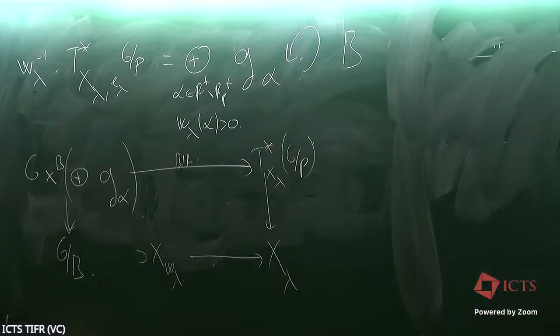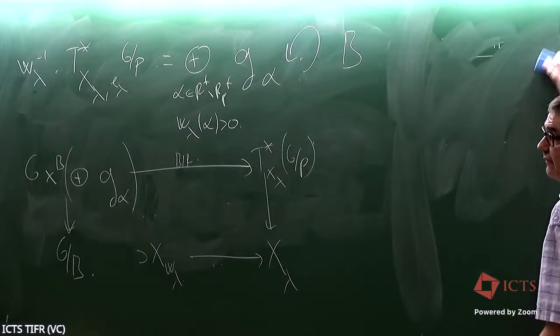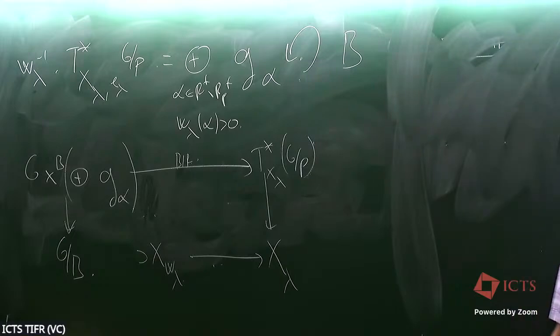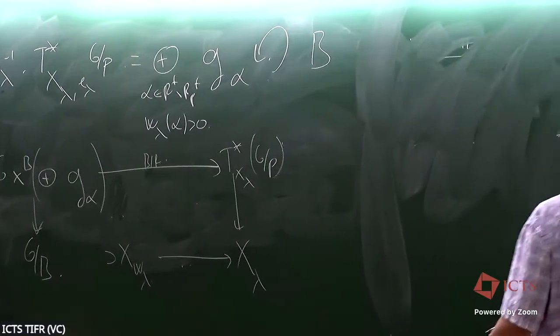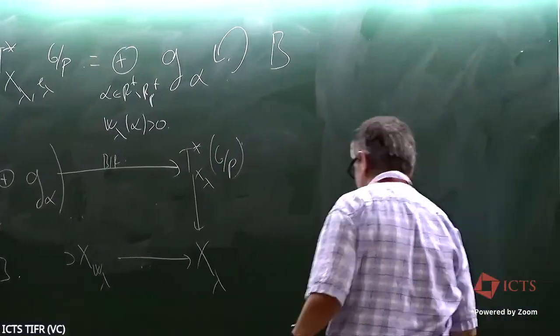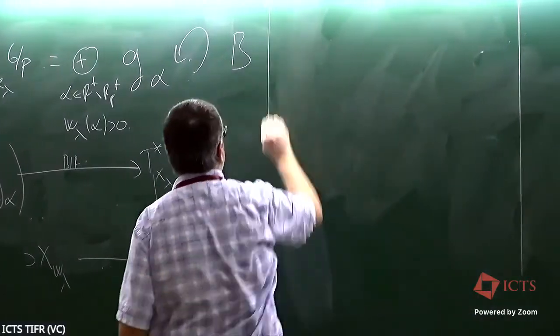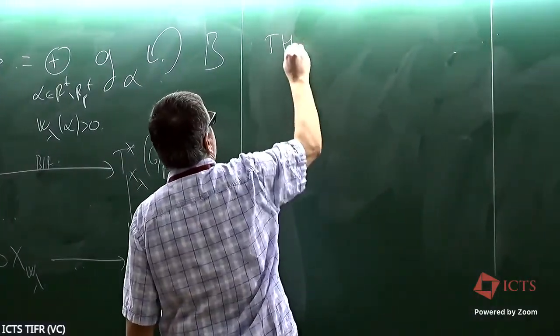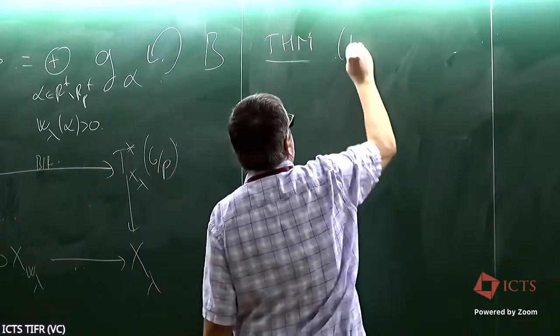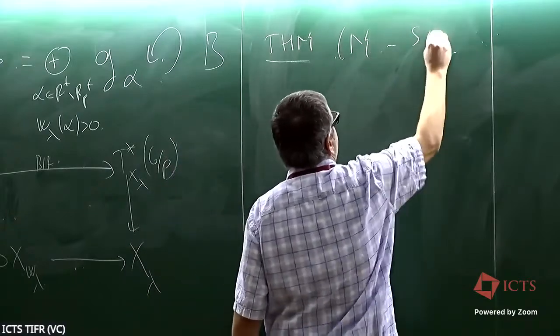Is it visible if I write here from the other side? Let me just tell you what the calculation is, and then I'll give two corollaries, short. So this is the theorem. As I said, this is joint work with Rahul.